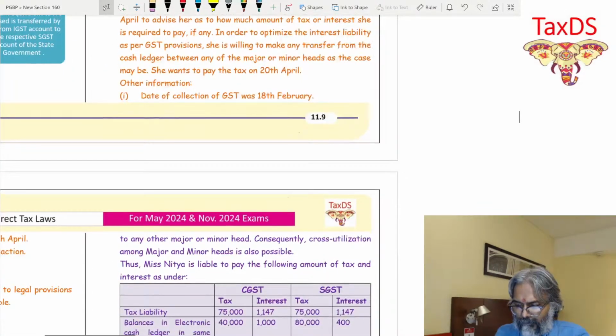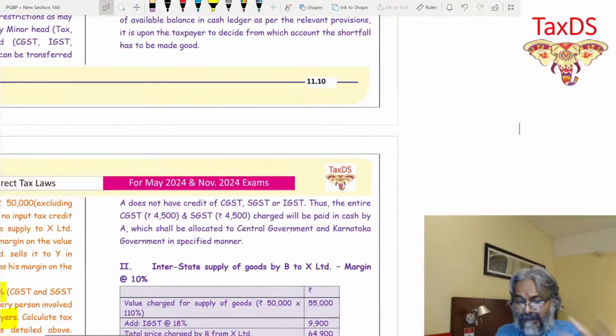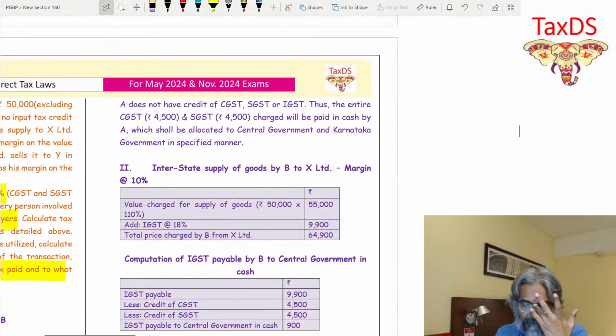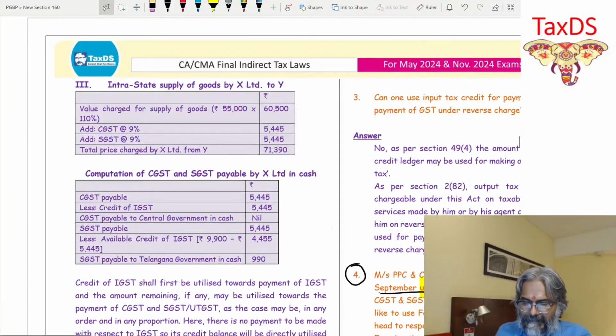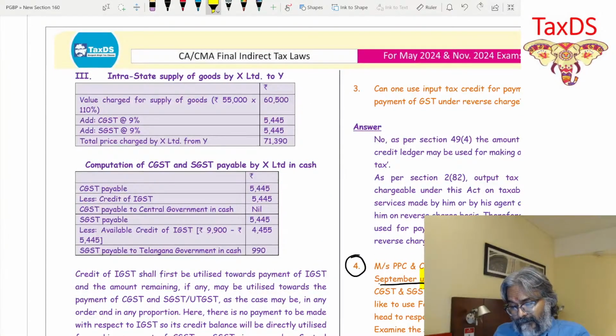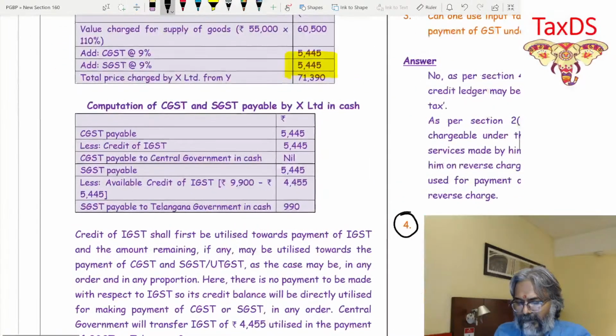Any doubt? Okay, the last transaction is also left. Third transaction, Telangana. Now, the Telangana case is this much. In this case, students, what will the government do? The central government, now they have got this one. Now how are you going to pay off, students? Just see how they are going to pay off.